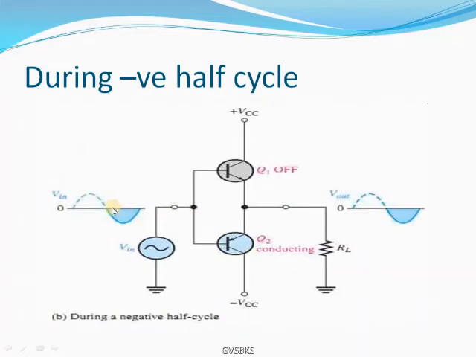During the negative half cycle, Q1, the NPN type transistor, will be off, and Q2, the PNP type transistor, will be on. So this is also an emitter follower or CC amplifier. The input and output signals are both in phase. As the input is a negative half cycle, the output is also a negative half cycle. So for the positive half cycle, we will get a positive half cycle across the load, and for the negative half cycle of the input signal, we will get a negative half cycle across the load too. Therefore, the input signal and the load signal are both in phase.